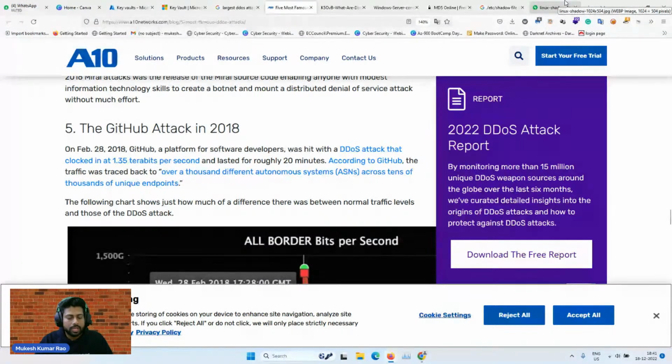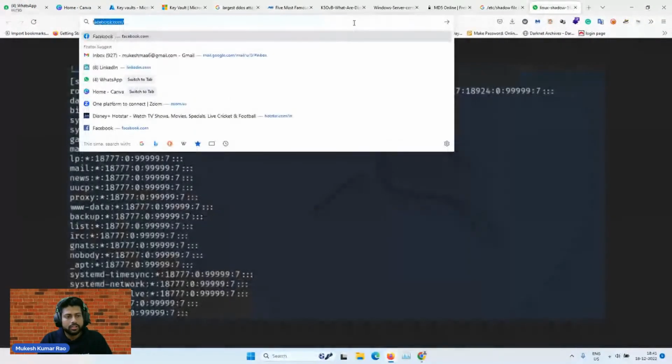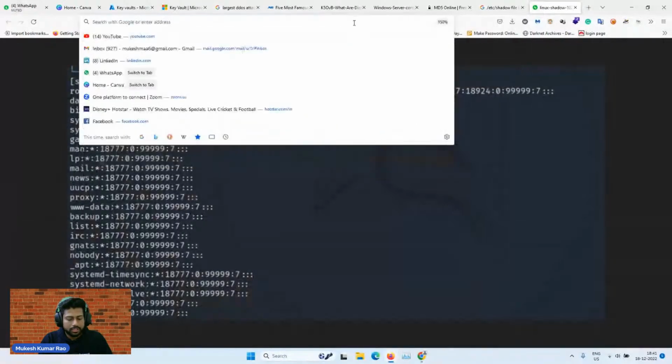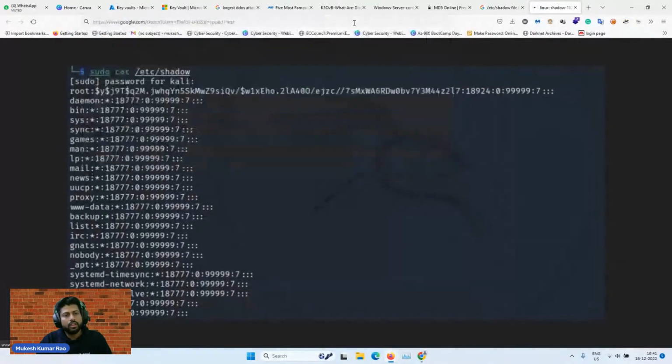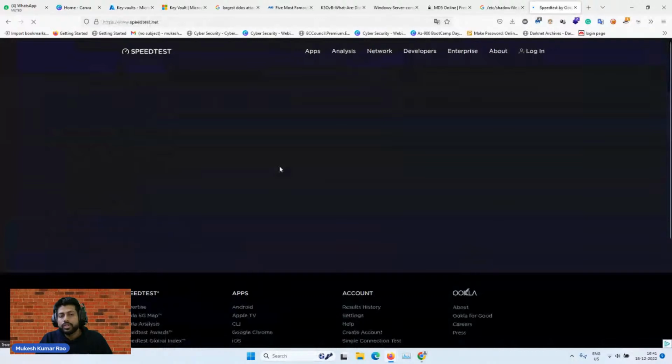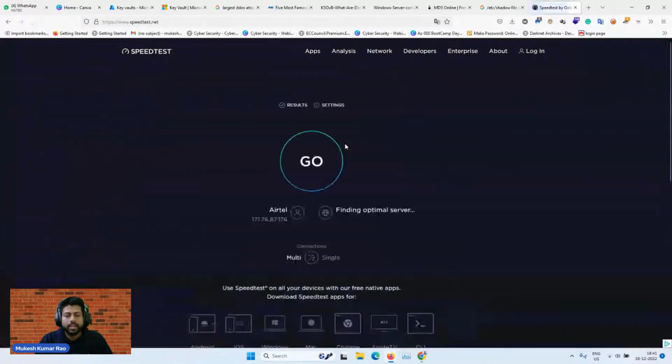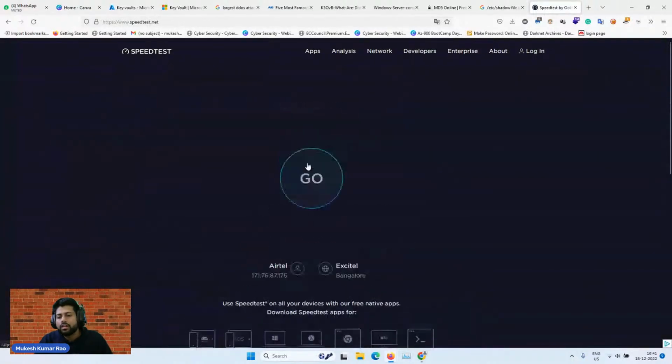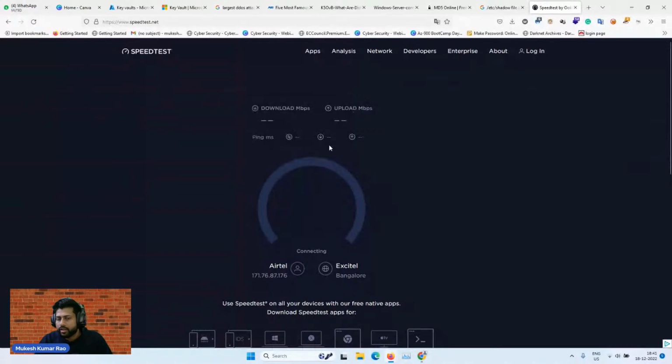Let me showcase it on my wi-fi connection. Let me go with the speed test. Here you can check the bandwidth of your internet speed, correct? Like in 1 second, how much data you can transfer. That is the bandwidth you have. I'm using my Airtel broadband connection.